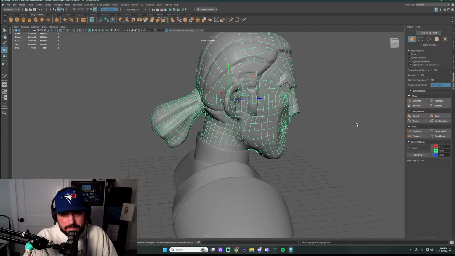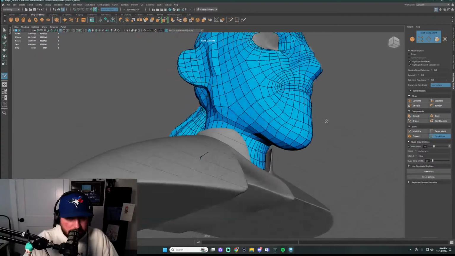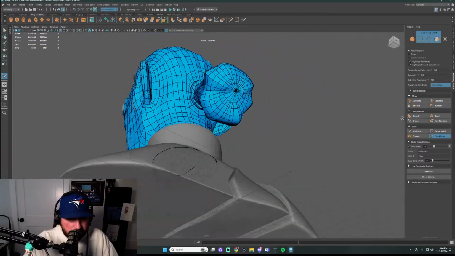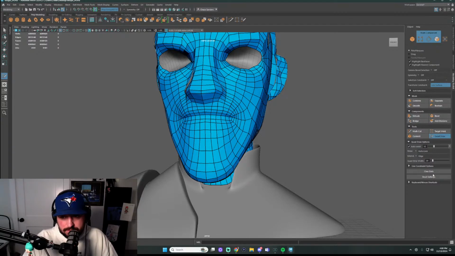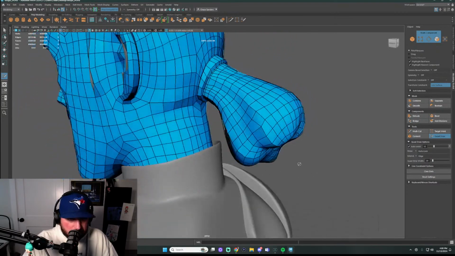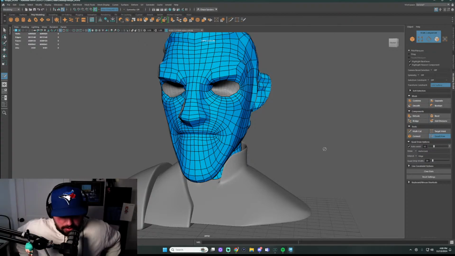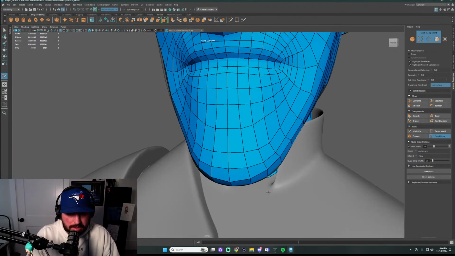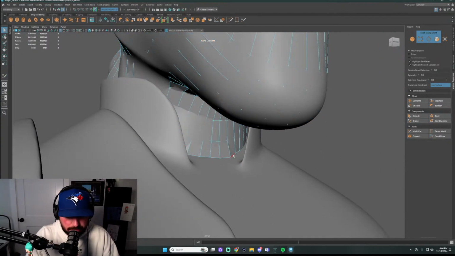Let's combine these back together, go back to quad draw. Okay, there we go. Now everything's back in symmetry. Got a little jacked up, but that's okay because I was working in not symmetry, but now it is. Okay, let's take a look here. So now that that is in symmetry, we can do a little bit more with the